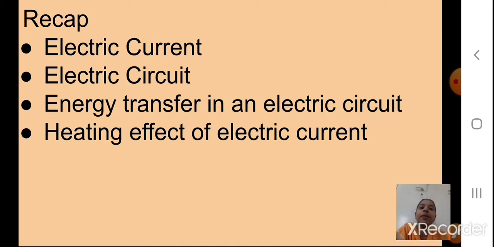We have seen that there are different types of use of fuses. There are different types of alloys like nichrome and tungsten metal used so that these metals or alloys can be heated to a very high temperature, and hence any short circuit or something we can avoid. Okay students, I hope till here what I have taken you have understood. Now we are going to continue with the lesson.